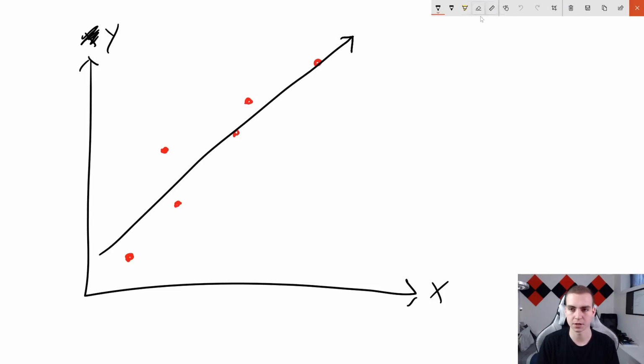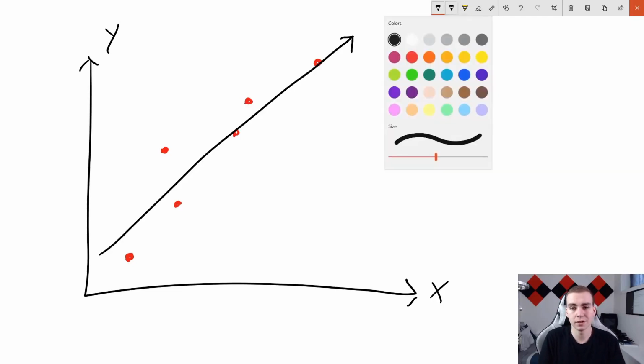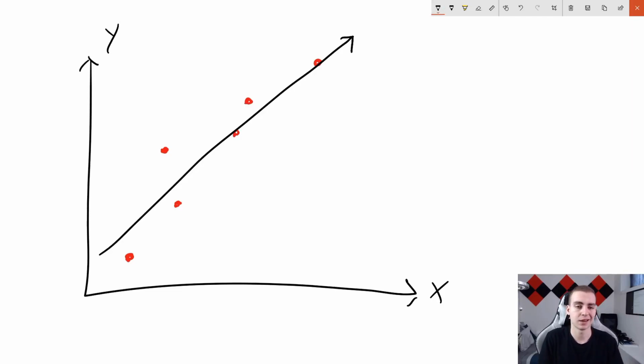So actually I'll leave this up because I was messing with this beforehand. This is a data set that I've drawn on here. So we have our X and we have our Y and we have our line of best fit. Now what I want to do is use this line of best fit to predict a new data point. So all these red data points are ones that we've trained our model with. They're information that we gave to the model so that it could create this line of best fit, because essentially all linear regression really does is look at all of these data points and create a line of best fit for them. That's all it does.